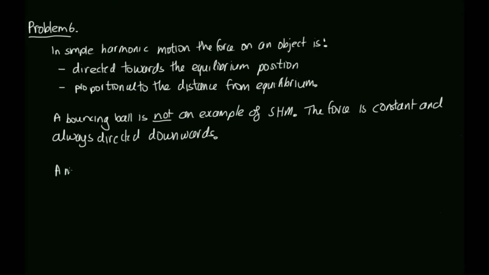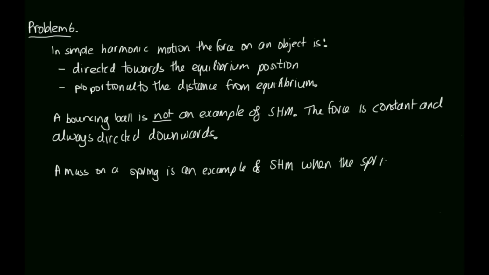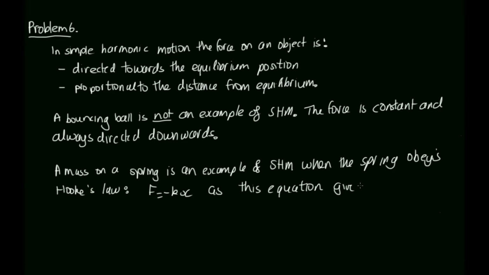So a mass on a spring is an example of simple harmonic motion when the spring obeys Hooke's law, which is F is equal to minus kx, and that's because this equation gives a force back towards the equilibrium position, as we've got the negative x there, so the force is directed in the opposite direction to the displacement,